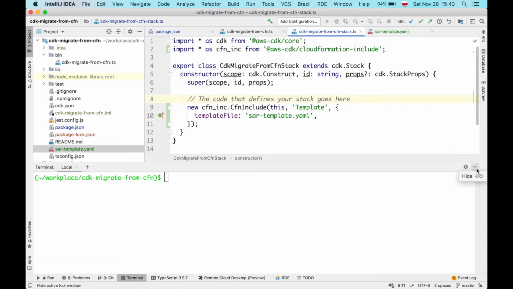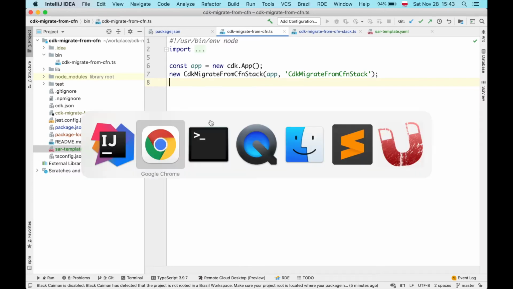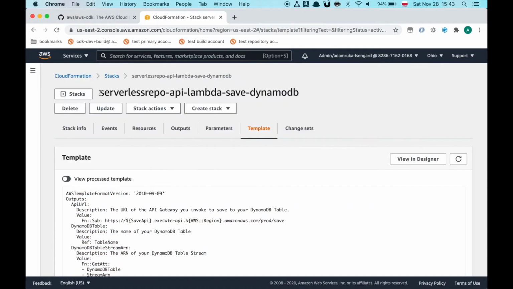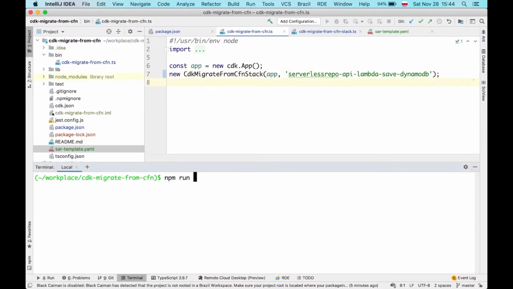But before we do that, I forgot one important part. We have to make sure that the name of the stack is exactly the same name as the deployed stack. So you see here, that's not the case right now. So I need to go back to the AWS console for CloudFormation, copy the name of the stack, and make sure that my CDK code uses that same name. And now if I execute the diff command,